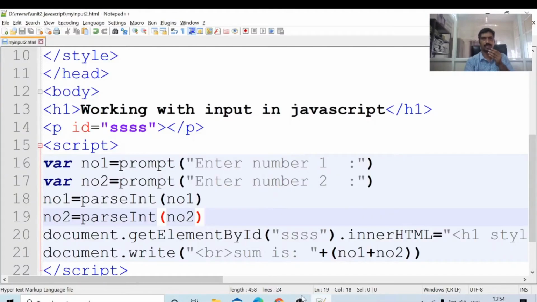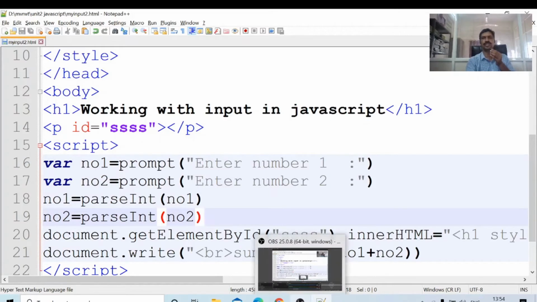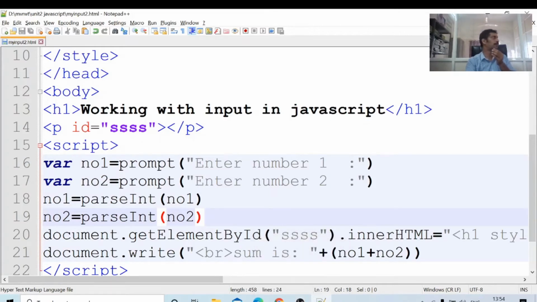In the same program, now I will see how to compute the product. Just changing one line. Already we have read two numbers and converted them into numbers. Here the concept is how to convert string to integer. By default the prompt method will return a string. We converted that string to an integer. Next,